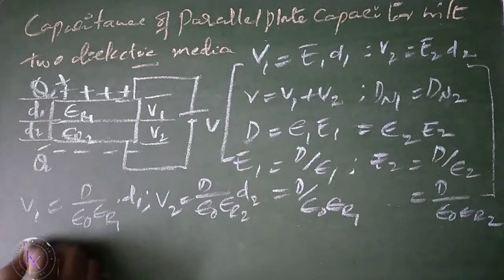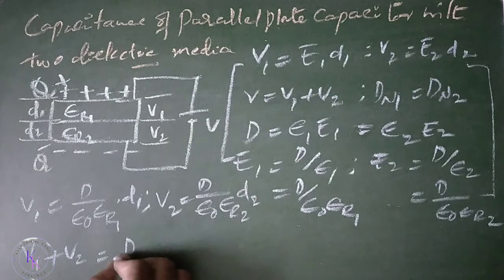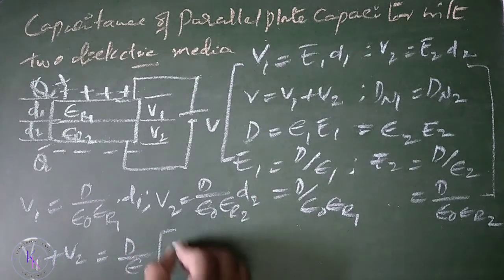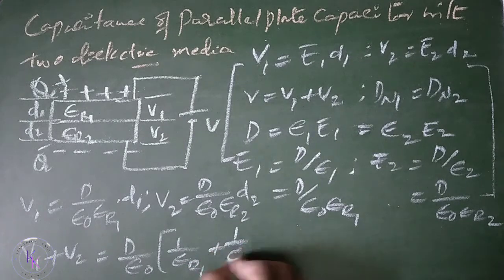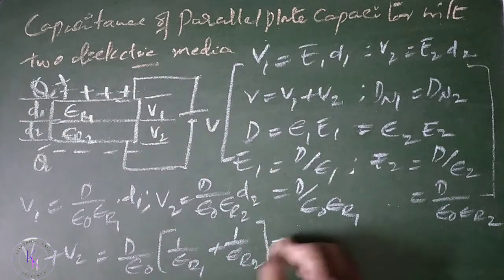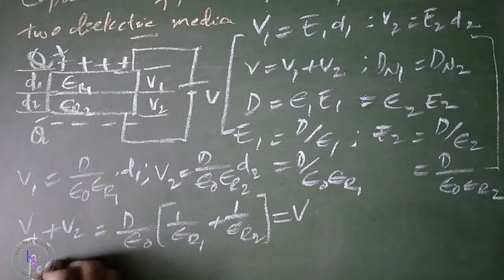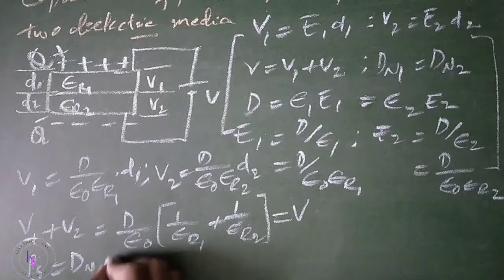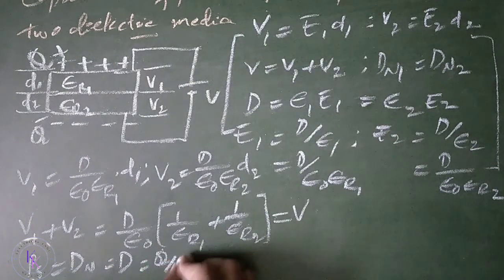V1 plus V2 equals, D is common, divided by epsilon naught, then D1 by epsilon R1 plus D2 by epsilon R2, which is equal to V. And we know rho S equals DN equals D equals Q by A,